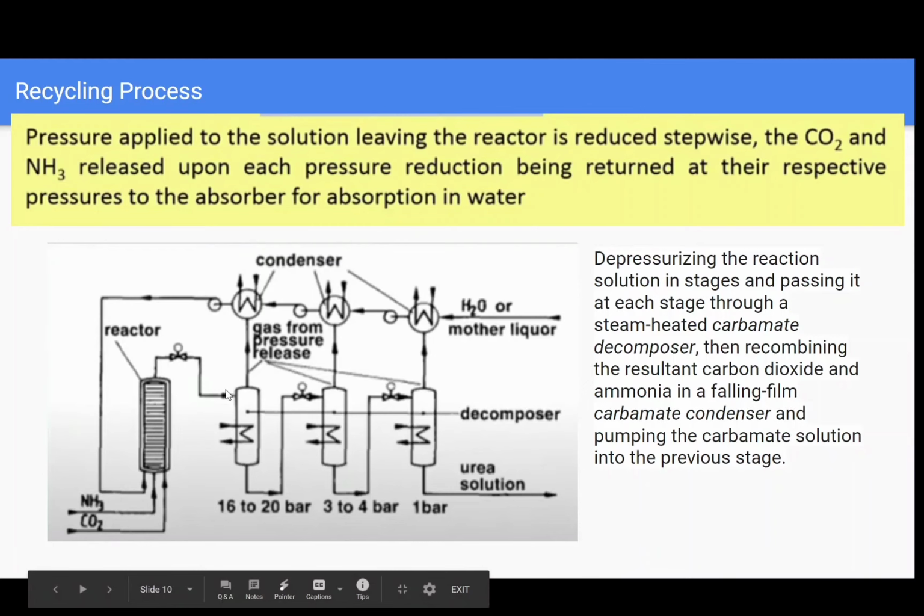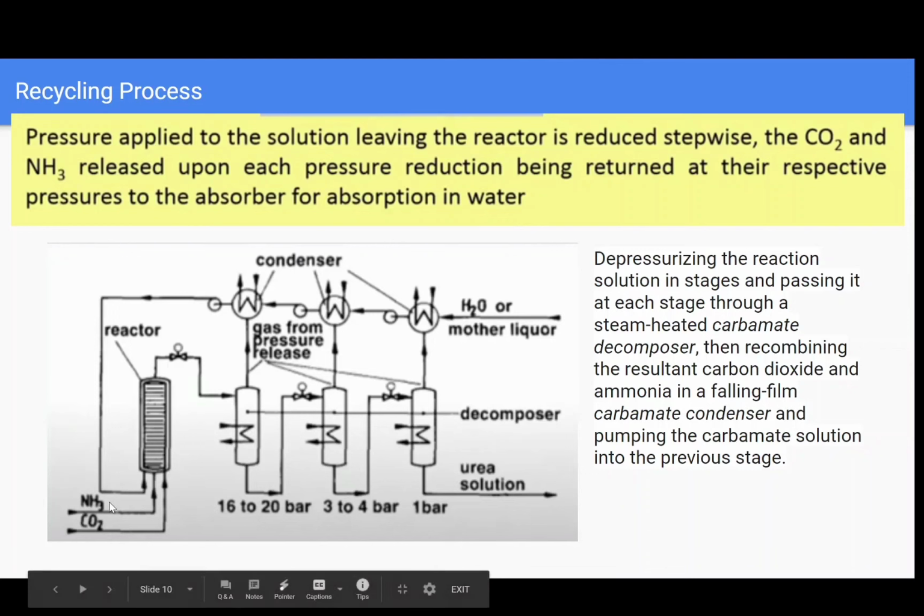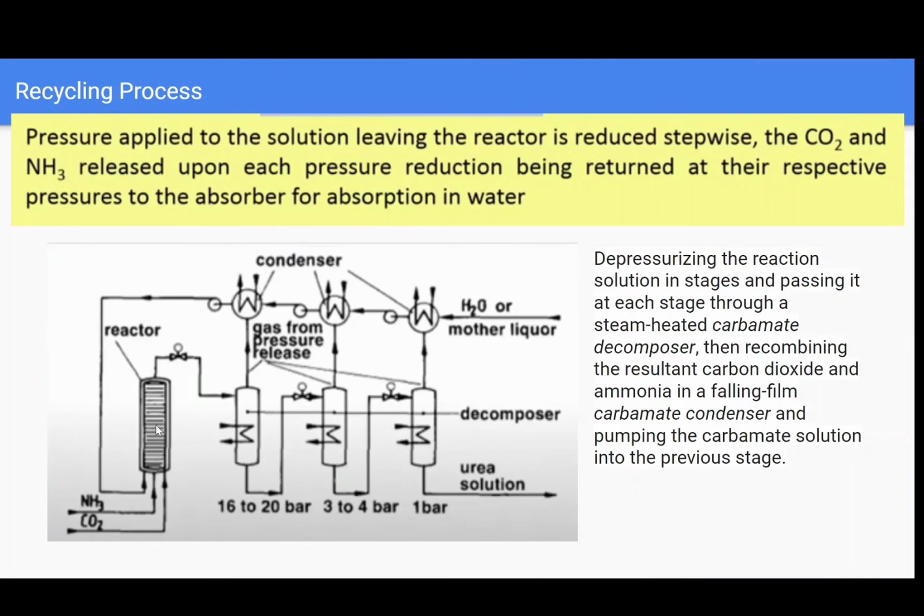So ammonium carbamate is formed, and now there are 3 different decomposers, and at each step the pressure is constantly decreased. So what happens is that the urea which is formed still continues to flow and moves out through this pipe here. But at each step, when you decrease the pressure, ammonium carbamate again goes back to ammonia and carbon dioxide gas. So that's pushed up here into the condensers, and from here they all are collected and again pushed back to the reactor. So this is basically a circular flow of how the remaining ammonia and carbon dioxide are again processed.